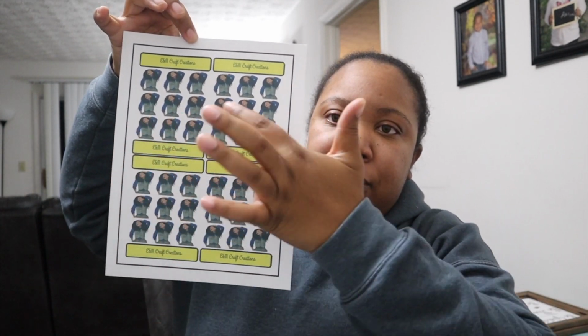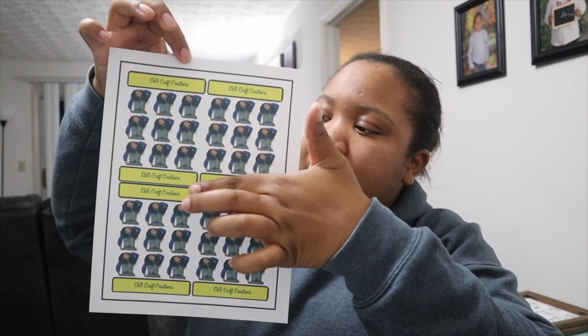But if I wanted my labels here to be a full sheet, I couldn't do the 4 like it is now. So each one of these with the banner on it is a sticker sheet, which is actually pretty cool. Oh my gosh, guys, I've learned so much, and I don't want to take anybody's credit for their knowledge because I literally watched a lot of YouTube videos. But when I cut this,